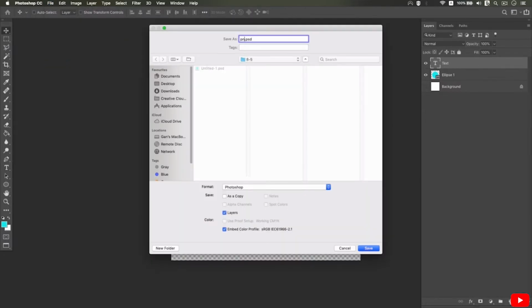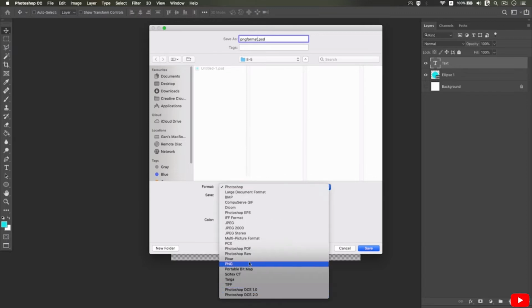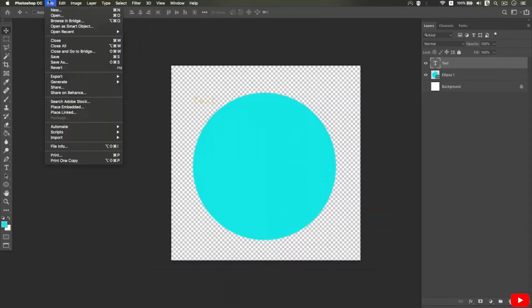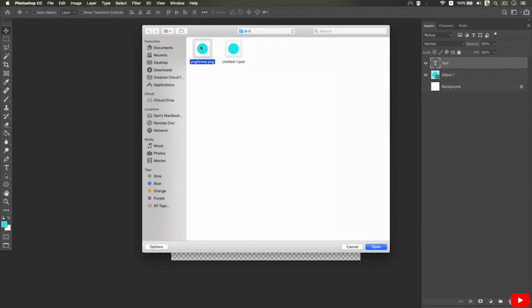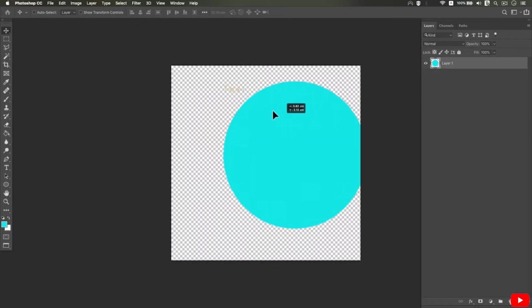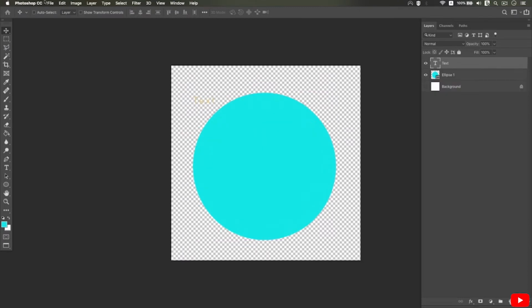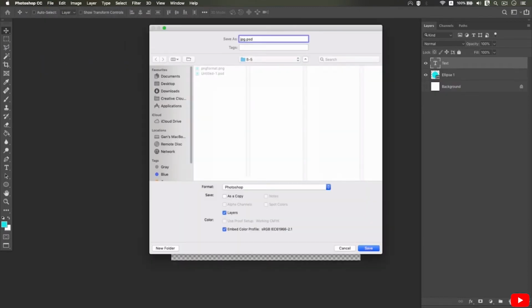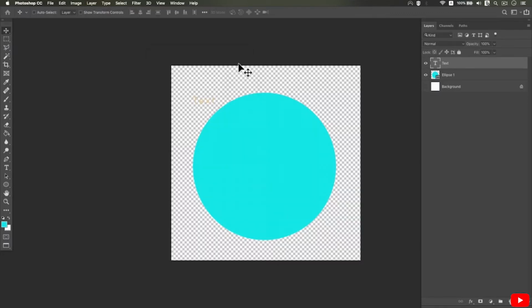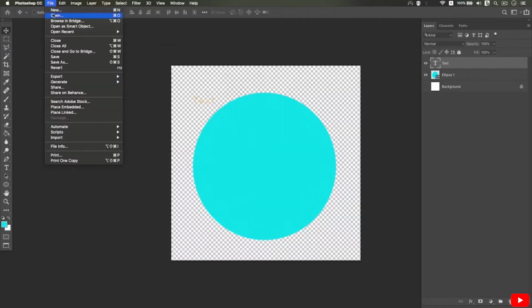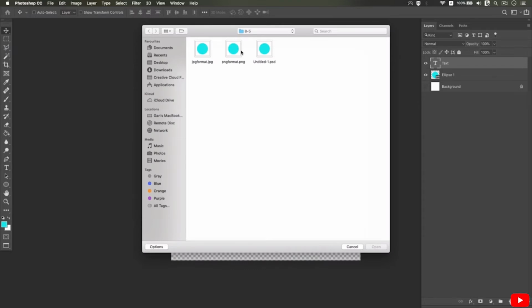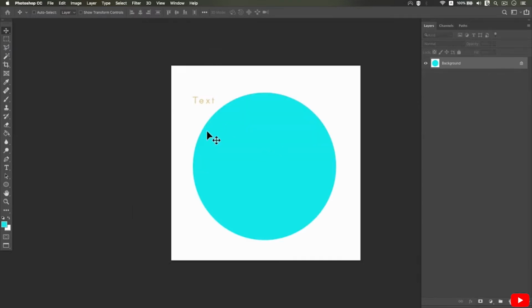Let me save this image as a PNG format, and then reopen the saved picture. Now, you can see that the image I opened also has a transparent background. But if I were to save this as a JPEG format instead, when I open the saved image, I will see that the background is automatically added to the image because JPEG